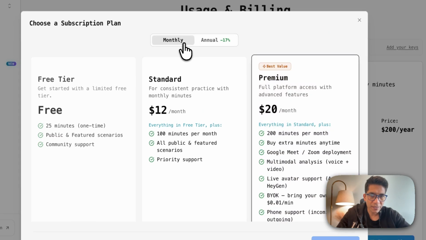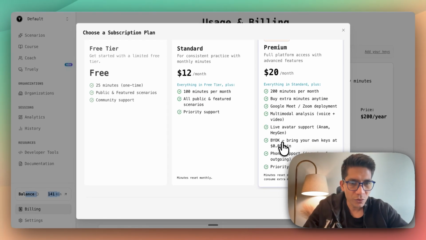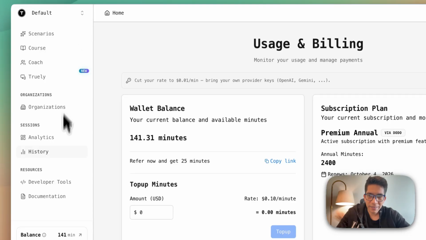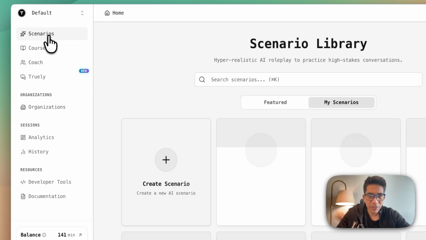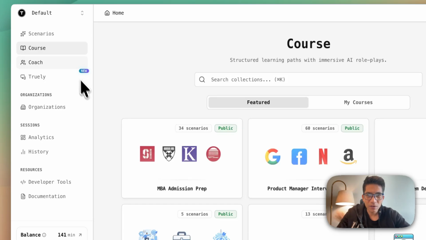One of our popular plans is the monthly premium plan, which gives you access to all our top features, including Google Meet deployment, phone calling, and others. We have a sidebar navigation, so you can look at pre-created scenarios, courses, coaches, which has memory and all from